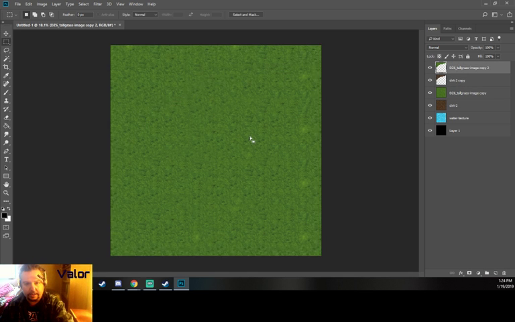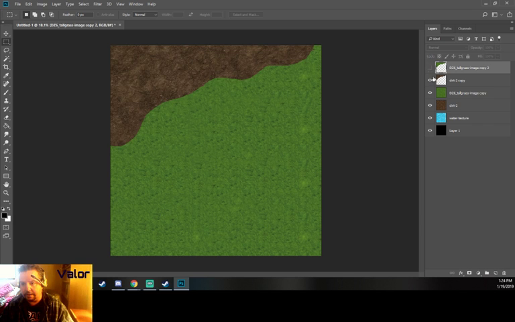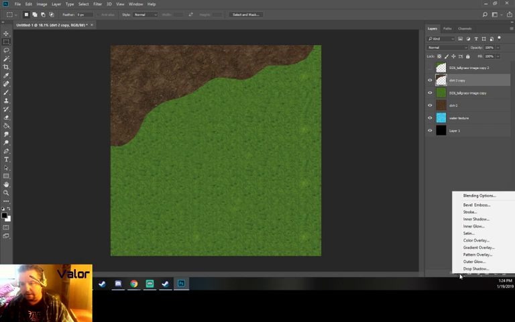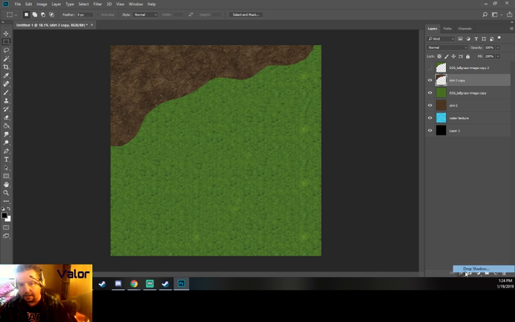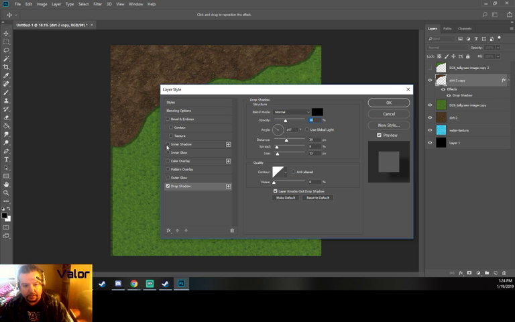Now we're going to see, and so it looks like there's not much going on here, but what we can do is if we take this off, we can go to our dirt copy. So here are the primary effects that I use in my maps. I use drop shadows and inner shadows. So for drop shadows,